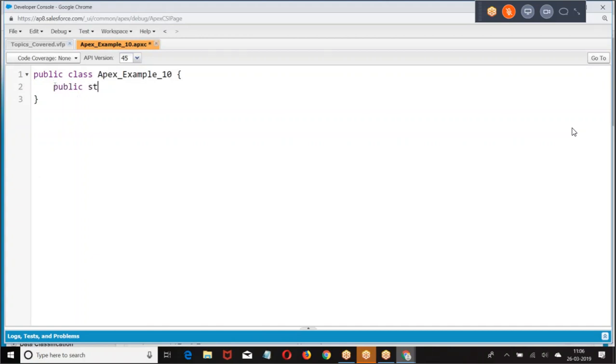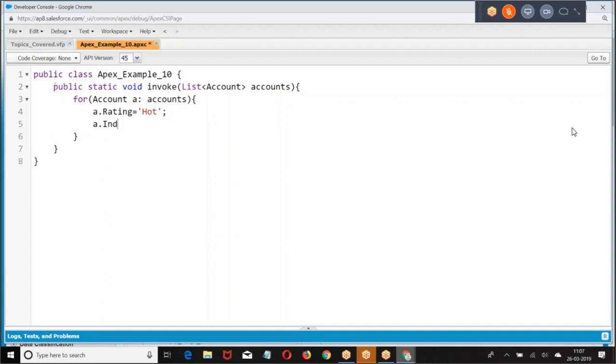Public void invoke, list of account. This is the method I wrote.